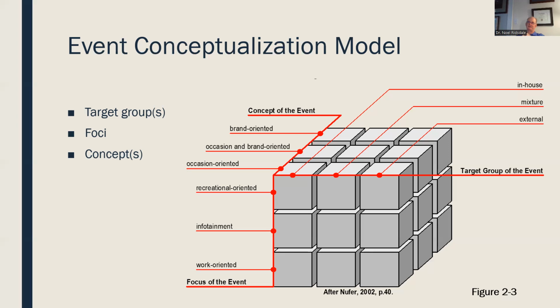So what we're looking at is, you take a look at a concert. Where does a concert fall? Probably a concert is going to be brand oriented, right? It also might be recreational oriented, so it could actually be both of those. But realistically, as you follow through there, you then start to look at the target group of the event. So is it in-house? A concert's not going to be in-house. That would be like a football team or basketball team, somebody who actually has residence there. It could be true, but probably the concert's not. It's going to probably be external. So as you work your way down through this cube, it kind of gives you an idea of where things would fall. Where would a concert fall? Where would a football game fall? Would a basketball game? Any of those? Because then it makes a whole difference in how you do things.